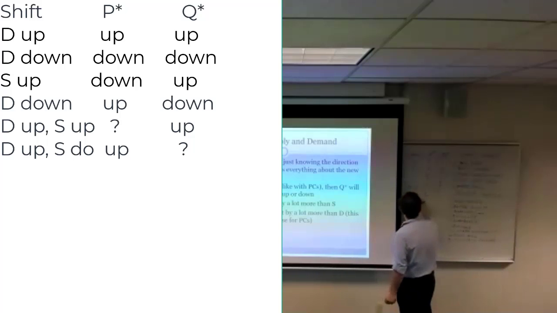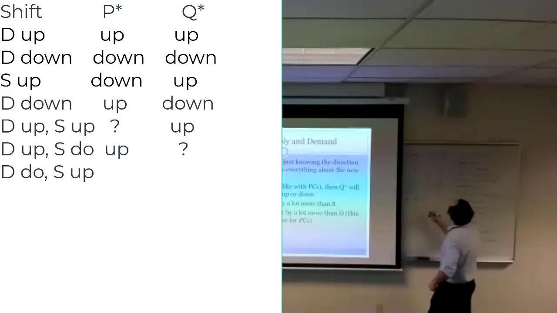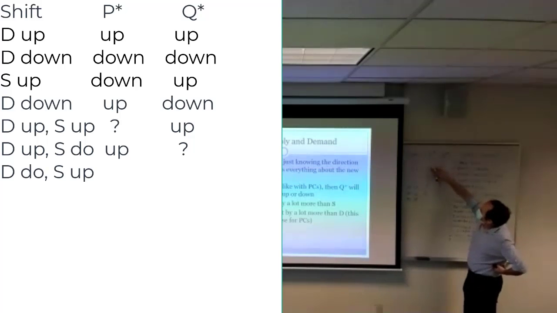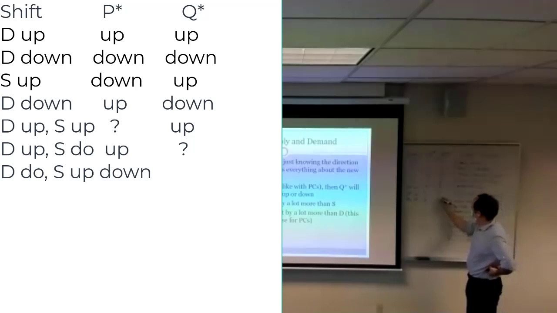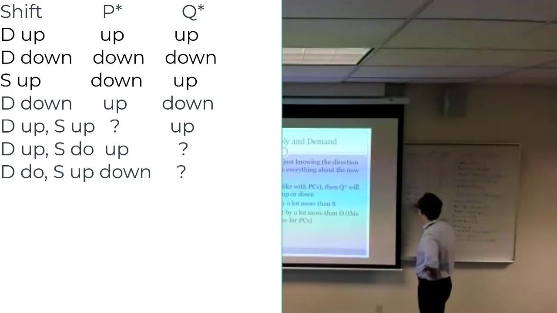Demand goes down and supply goes up. All right, what do we got? Demand goes down, price goes down. Supply goes up, price goes down. Those agree. Price goes down. Demand goes down, quantity goes down. Supply goes up, quantity goes up. We don't know. Who's going to win? Question mark. And then finally, what if everything goes down